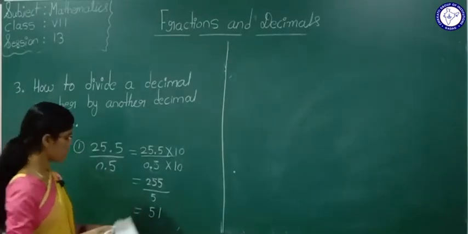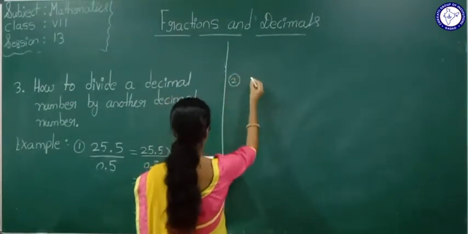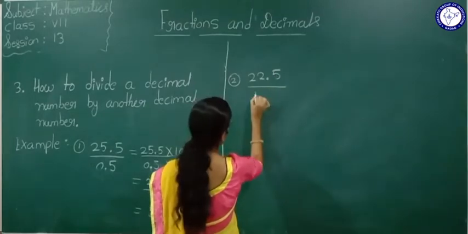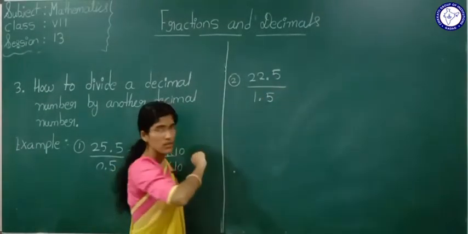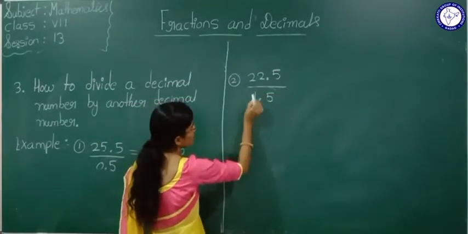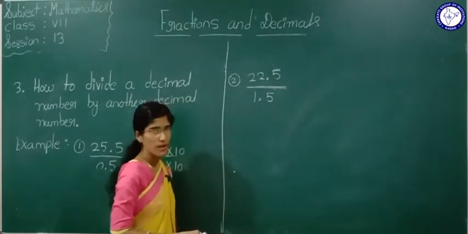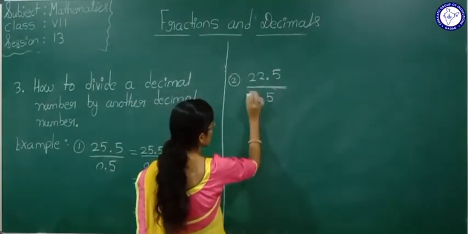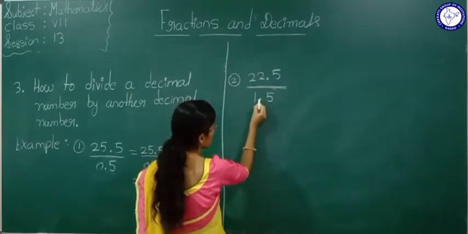Okay. So one more example we will take. 22.5 divided by 1.5. Now see, here this 1.5, okay, 22.5 divided by 1.5. Now see, here this is a divisor. This divisor is what? It is a decimal number. To make it whole number, what I will do, see here,